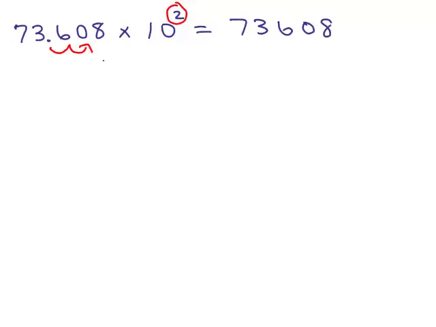73608, the decimal point will be between the 0 and the 8, which is right here. So that's the answer. You can put a comma here if you'd like. All right, let's try a different one. How about